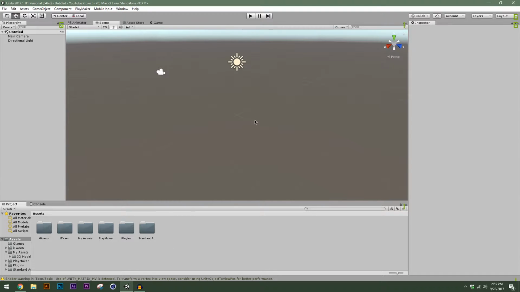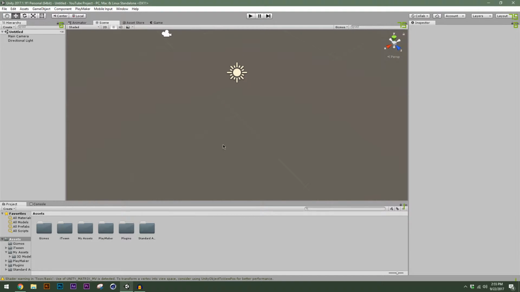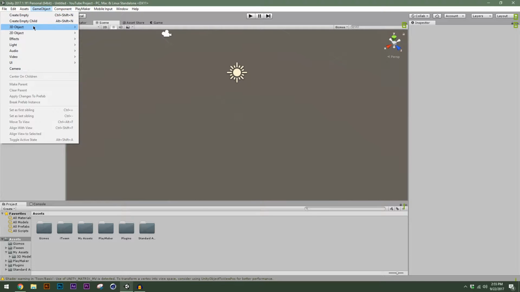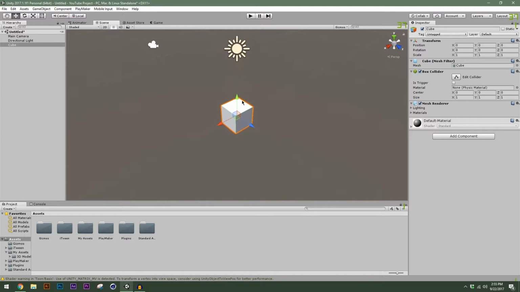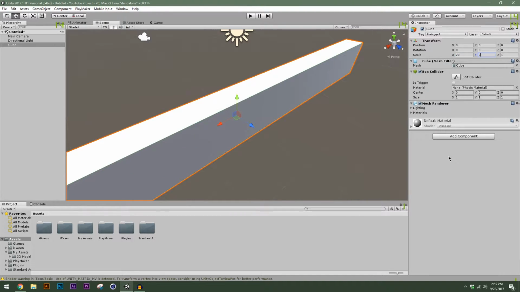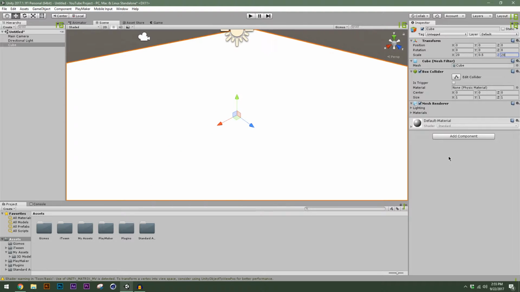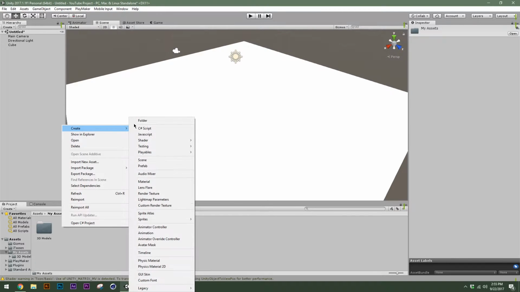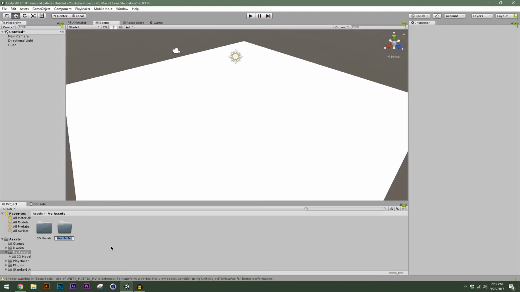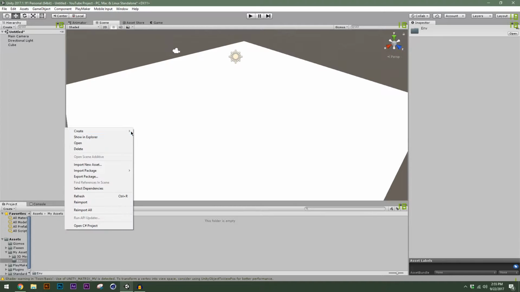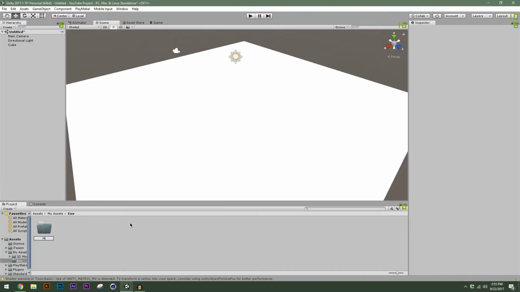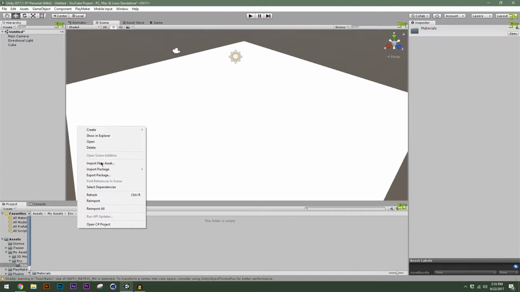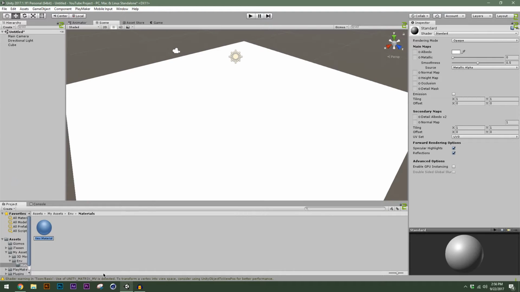So now we are going to create our scene. We are going to make a new cube, and this is going to be our floor. We'll make this about 20 by 0.5 by 20. We're going to make a material for this so it's not super bright. So go to My Assets, make a new folder, and this will be called environment, and make a new folder called materials. In this materials folder we'll create a new material called floor,